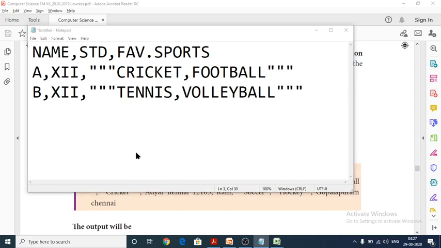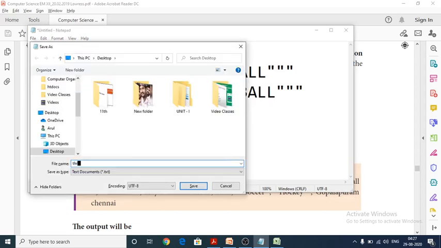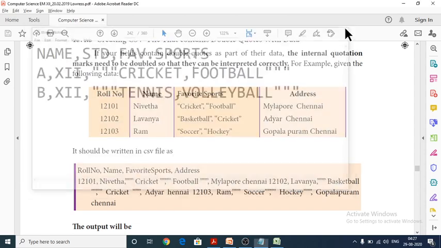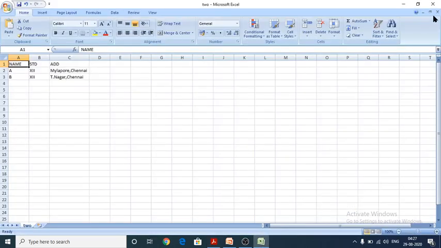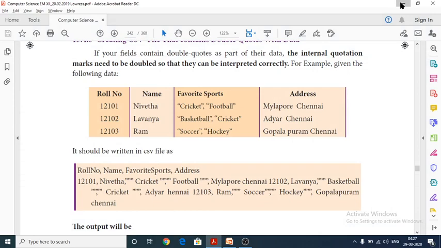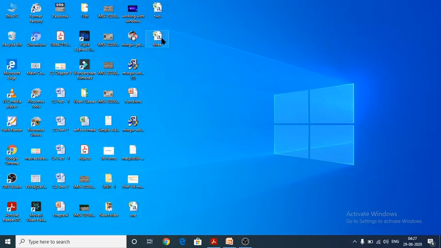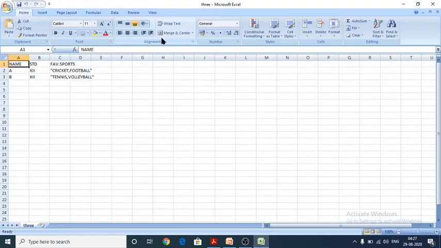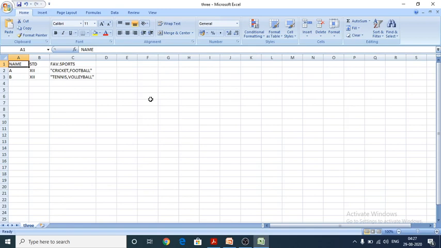Next, you have to save your file as three.csv. After that, open your file. To open your file, you have to double click on it. Yes, see here, the records have been separated by commas and enclosed within double quotes.